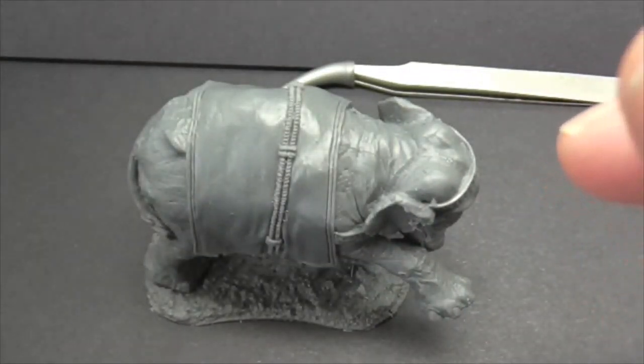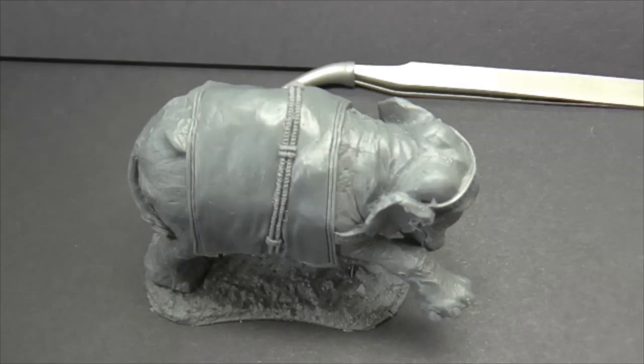So guys, brief look. What do I think of them so far? Again, the elephants, nothing more or less than I'd expect. The castings are nice and clean enough. They're not pristine, but again, you wouldn't expect them to be. Especially with an elephant, with all the creases and everything, you're going to get a bit of flash, and that's what you've got. But there's nothing there that won't just flake away, to be honest with you. Yes, there's a few blowholes, as I call them, but nothing